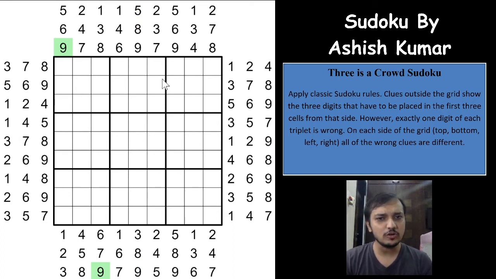And both of these cannot be correct as well, which means that one of these 8 and 9 will have to be wrong and the other has to be correct, right? Which means that all the other numbers on that side will have to be correct, right? So this is the other trick, I would say.